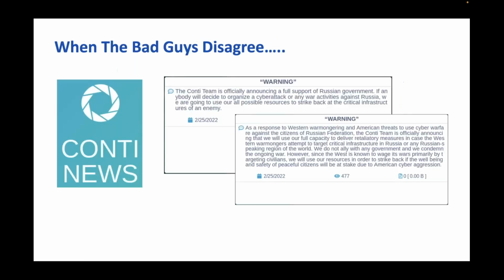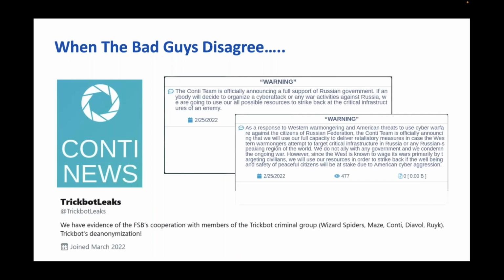And the reason behind that is because they had a very, very public disagreement. So at the start of the Ukrainian conflict, Conti, being a Russian organization, came out very publicly to say essentially that they would support Russia's activity using cyber means. And the interesting thing about that statement is that around half the affiliates inside Conti at the time were actually Ukrainians. So there was an obvious disagreement there. Those Ukrainians were not quite as on board with that particular message. And Conti fell apart very publicly.